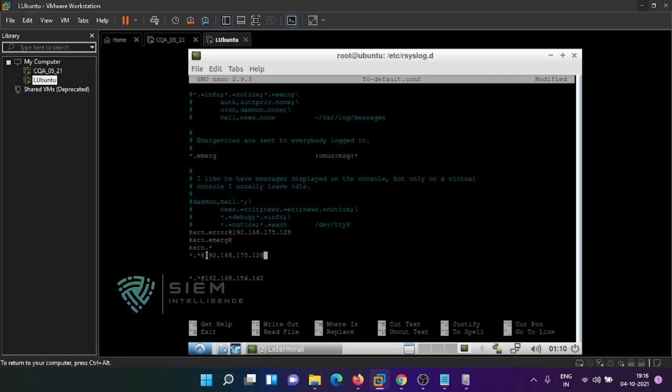So what is the meaning of this at the rate? We have seen there is a protocol method. Protocol is something like UDP, TCP, TCP with TLS, like that. So if you are typing a single @, that means it is UDP. If you are typing multiple, a double @@, with *.* @@, that means you are sending the logs through TCP mode. All these logs will now be forwarded to this particular server on the generic port. What is the generic port for syslog? The generic port for syslog is 514.